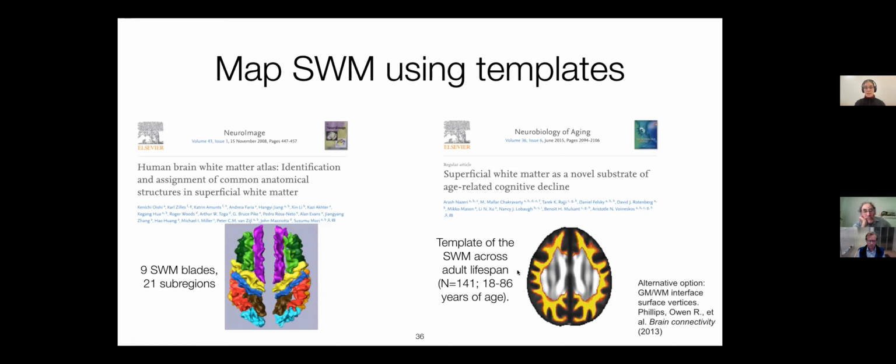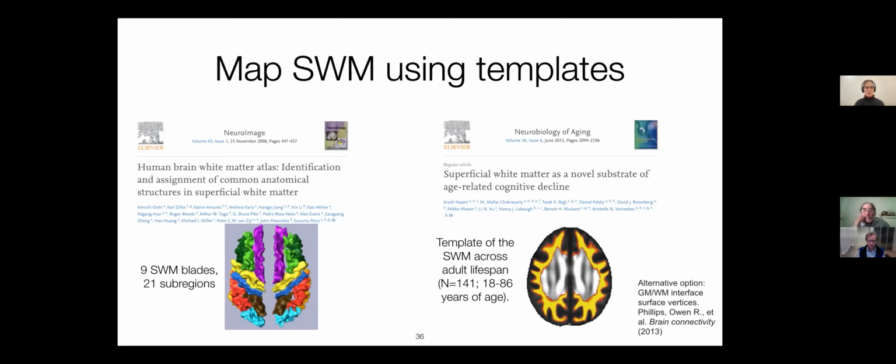So basically they have a template that you can access and download and use to localize the superficial white matter for your study. And then there's an alternative option, which came out of the UCLA group, and they've had several papers looking at a surface that represents the gray matter white matter interface, and basically looking at data at these surface vertices,